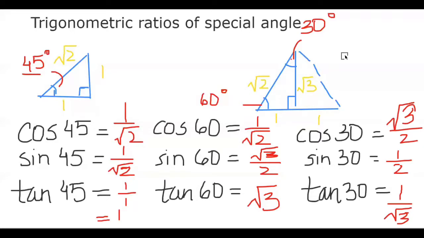Now as you can see over here, the sine 30 is coming as half. Sine 30 is basically opposite upon hypotenuse. Now if we write it 1 over under root 2, and we need to remove this under root from the denominator, we're going to multiply it by under root 2 over under root 2, and we get under root 2 over 2, which will be actually half. So this is how we get sine 30. These are the ratios of special angles. They remain constant all the time, and thus these are to be remembered by you. If not, then you can simply use a calculator to get them every time.